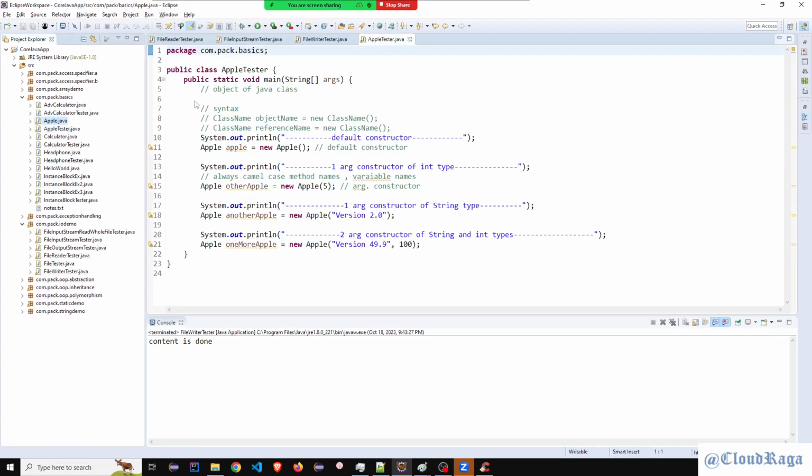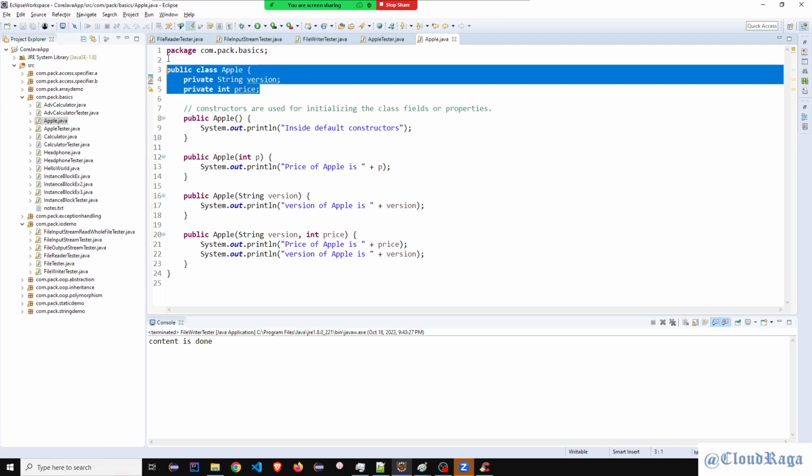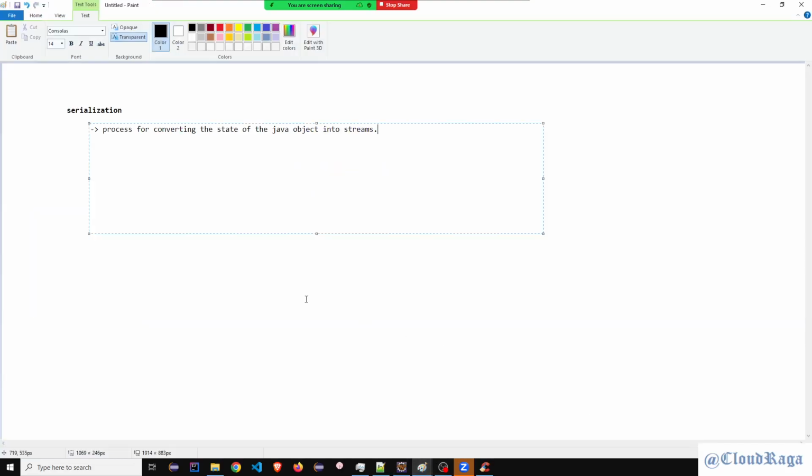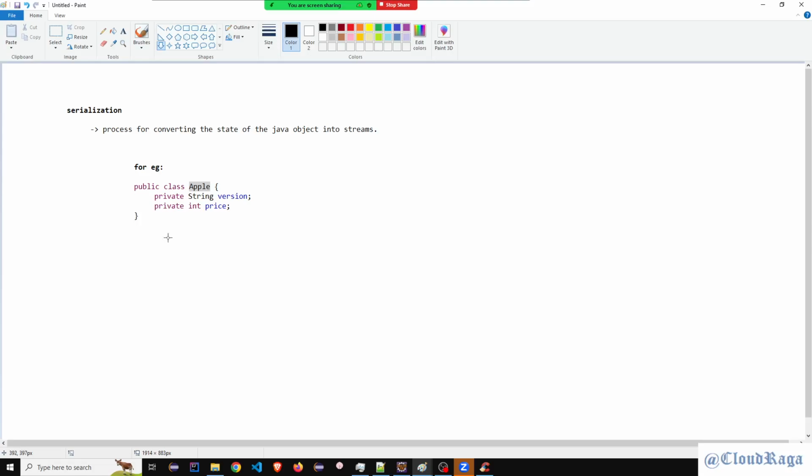तो आप क्या चाह रहे हो, इस क्लास का ऑब्जेक्ट आप स्ट्रीम में कन्वर्ट करना चाह रहे हो, नॉट दिस वन, दिस वन, एप्पल क्लास। इस क्लास के कुछ फीचर्स हैं, जैसे वर्जन, प्राइस, मैं इसको ही पिक कर लेता हूँ, पर हम एग्जाम्पल दूसरा बनाएंगे कल। फॉर एग्जाम्पल, कि आपके पास एक क्लास है एप्पल, ओके, ये ऑब्जेक्ट है। अब इसका जब ऑब्जेक्ट बनाओगे तो उस ऑब्जेक्ट में क्या होगा, व्हेन यू क्रिएट ऑब्जेक्ट ऑफ इट,